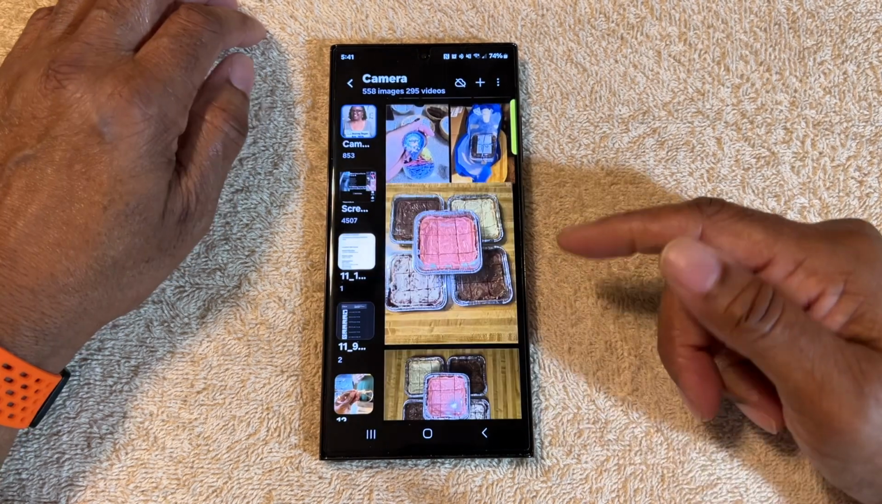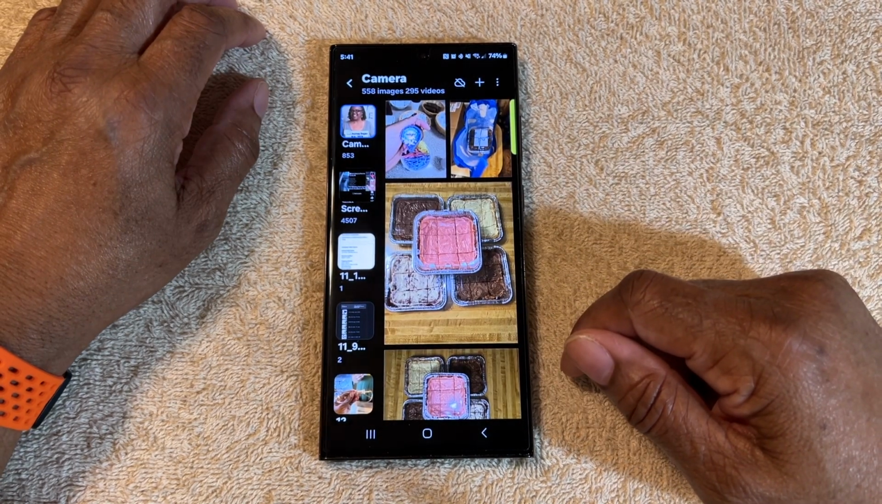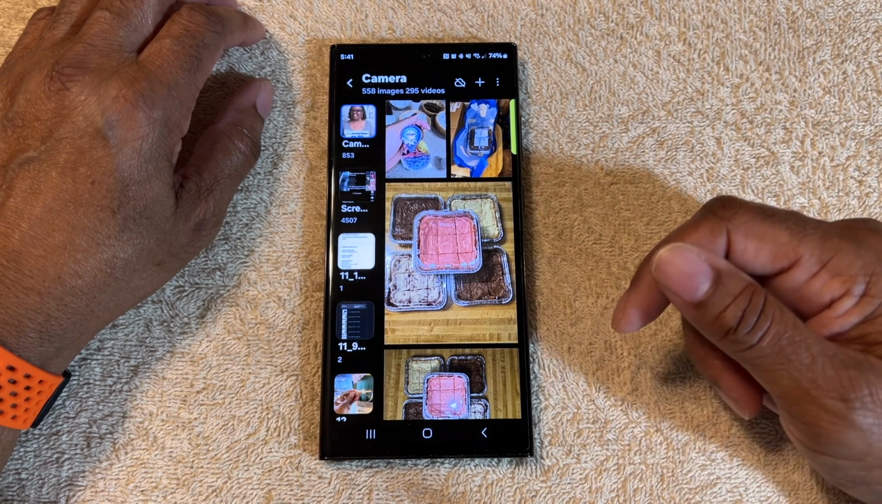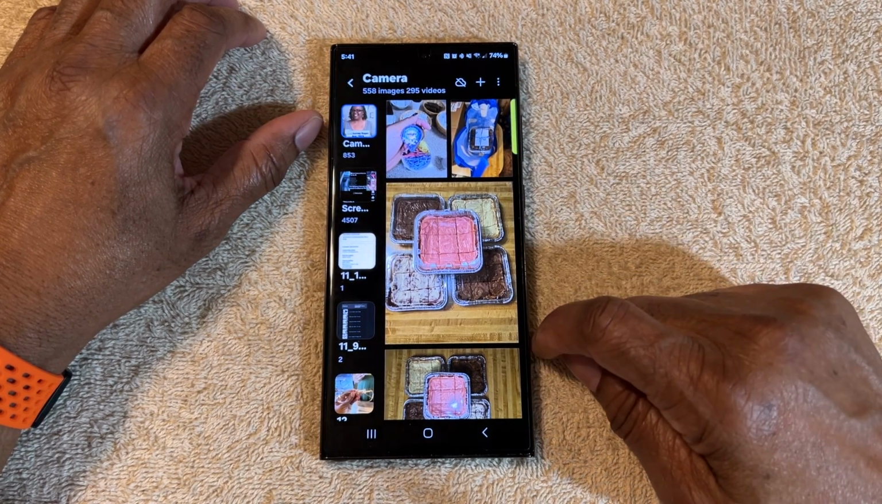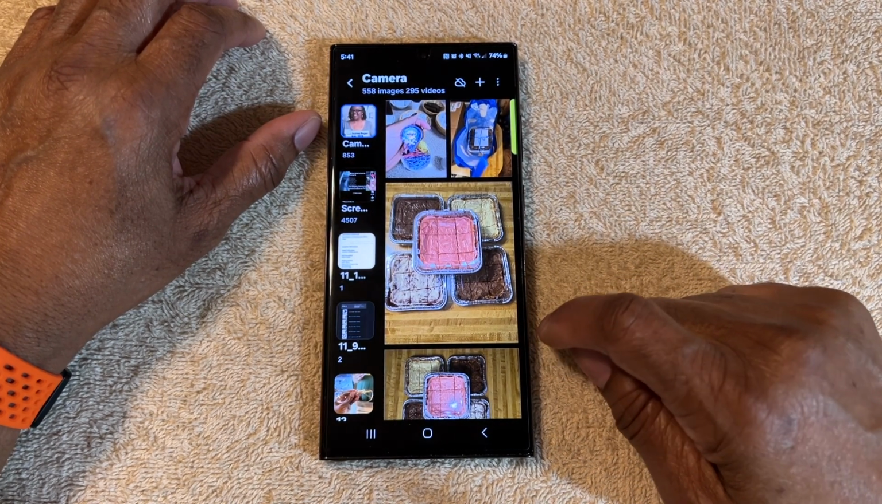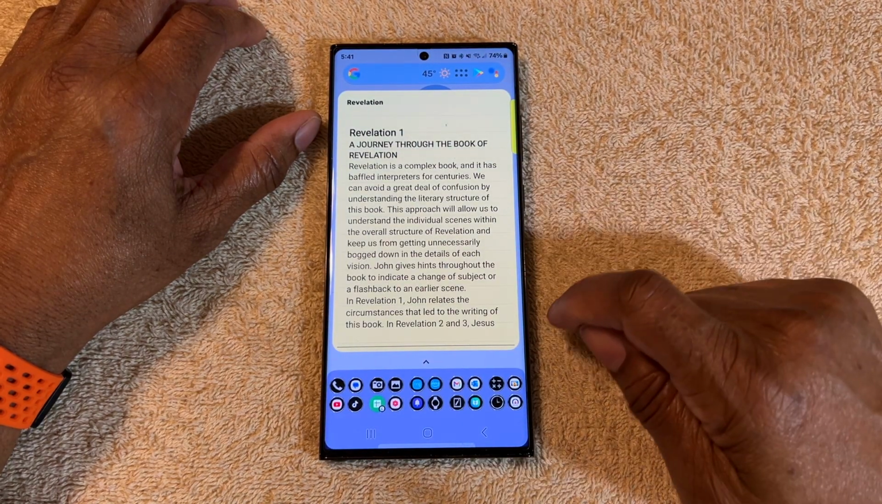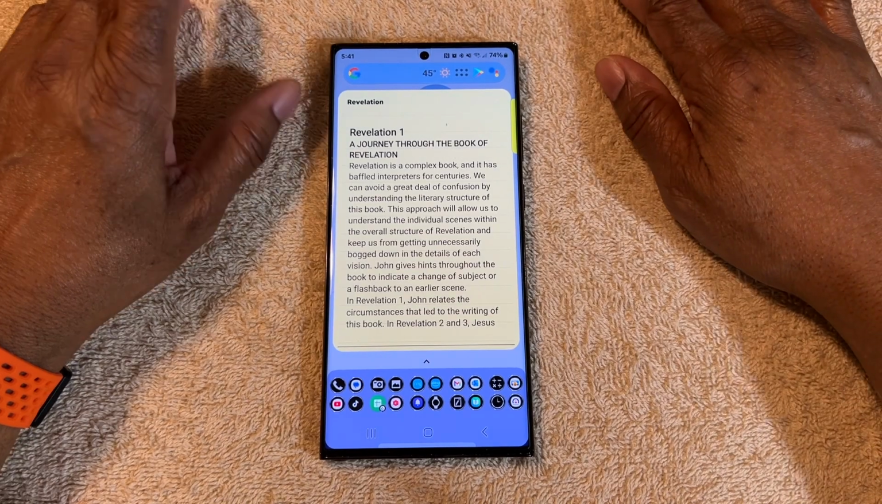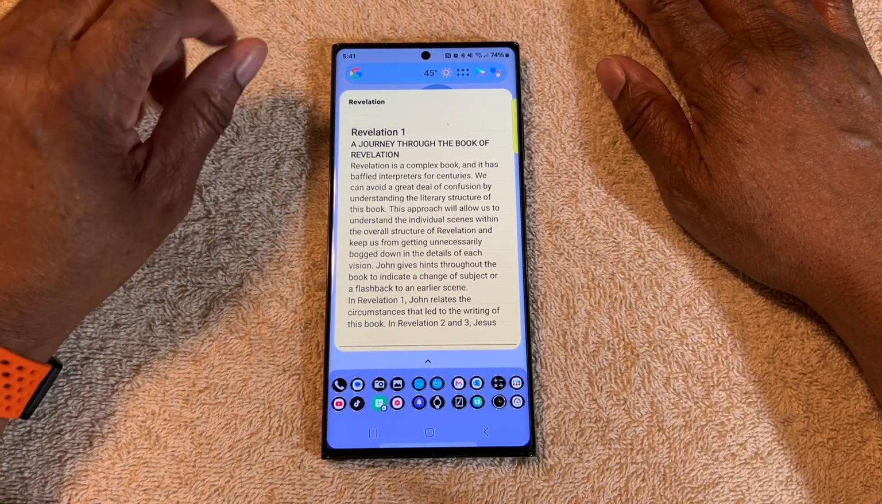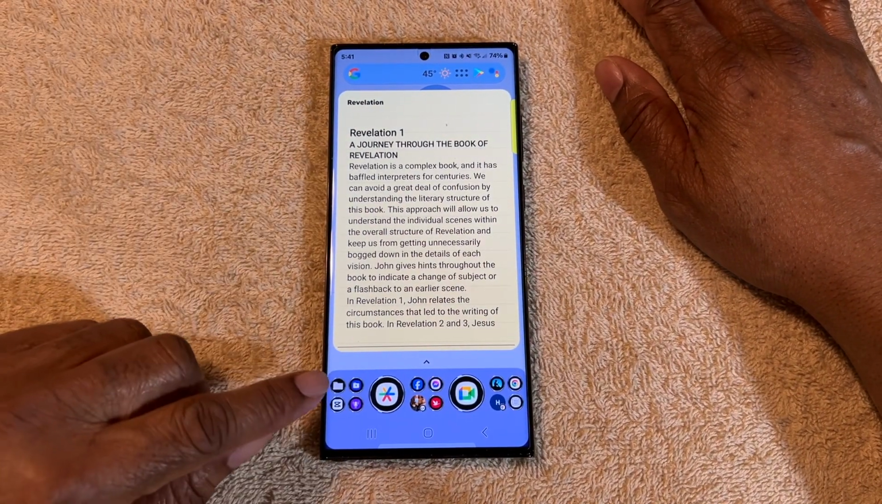Now, they're off your camera app, but they're still on your phone. So now we're going to move over to the next step on where the videos are. So we are going to look for the My Files app. I use a different launcher. This is how I find My Files app, by clicking down here